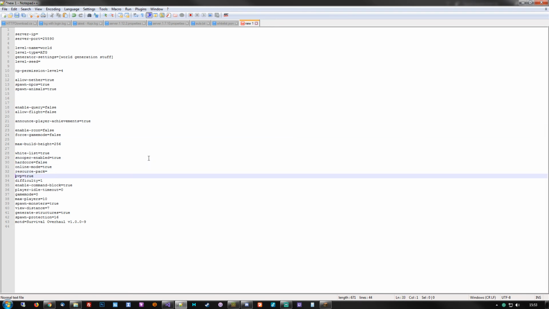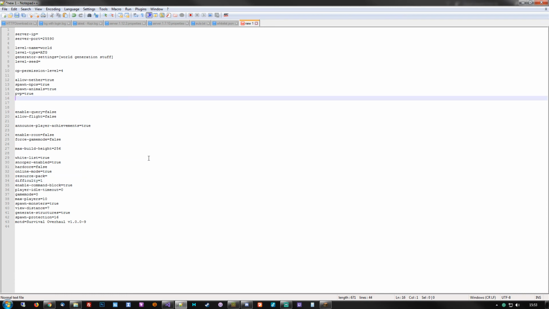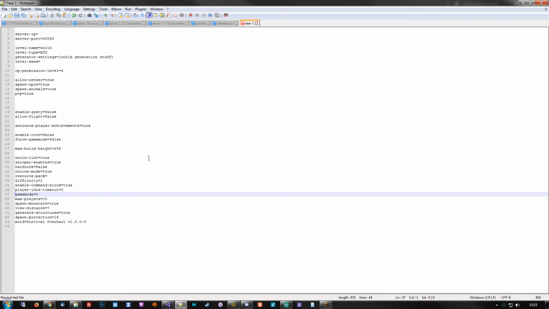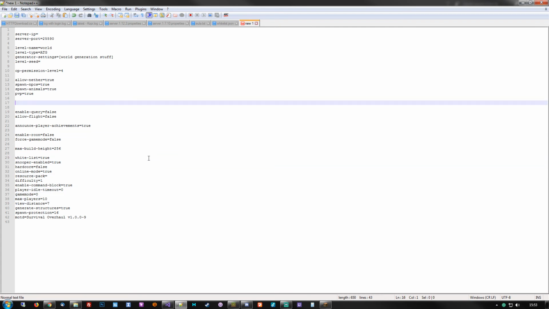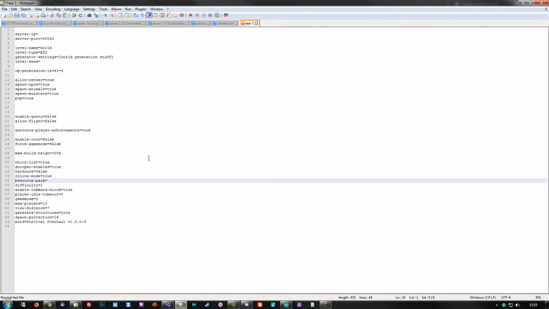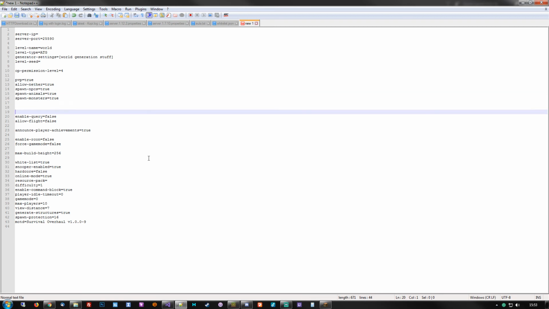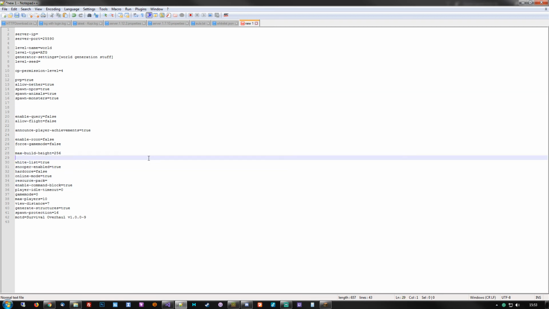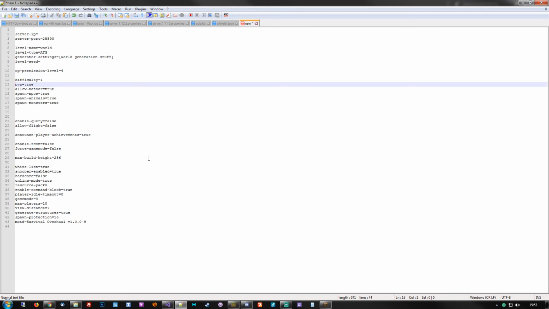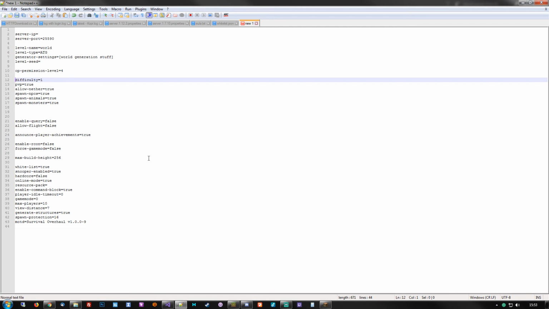We have, let's see, PvP is part of gameplay. We have spawn monsters, which is part of gameplay. And let's move this up here. There is difficulty. If you take a look at the official Minecraft wiki, there's a lot of technical information up there, including a description of these different settings, where 0 is easy mode or peaceful, 1 is normal,